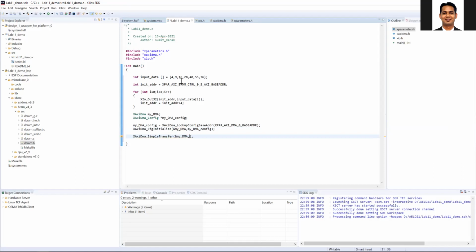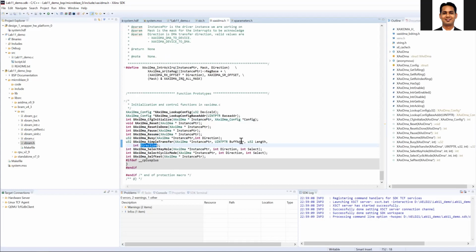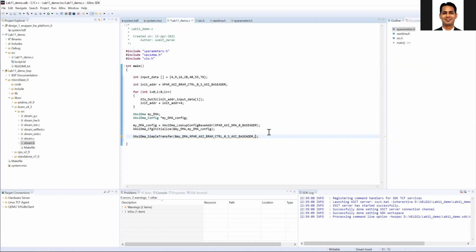So I'm going to copy the data from my base address, so this is the source address. Then how much data am I going to copy? That is the length. I'm going to copy 8 data because that is the size of my array, and each data is 32 bits, so that is the size of int.